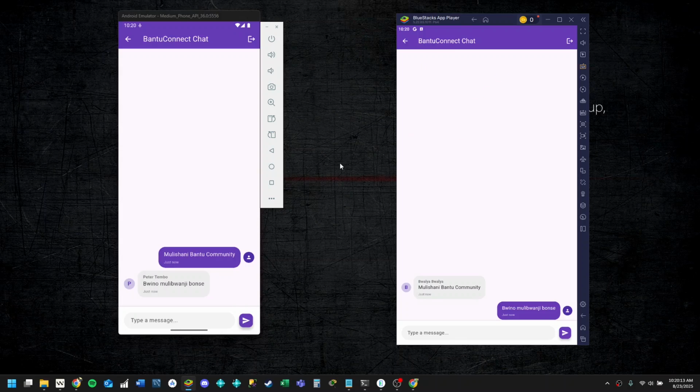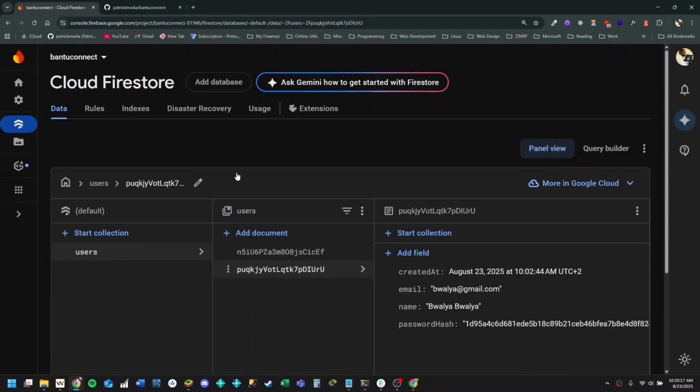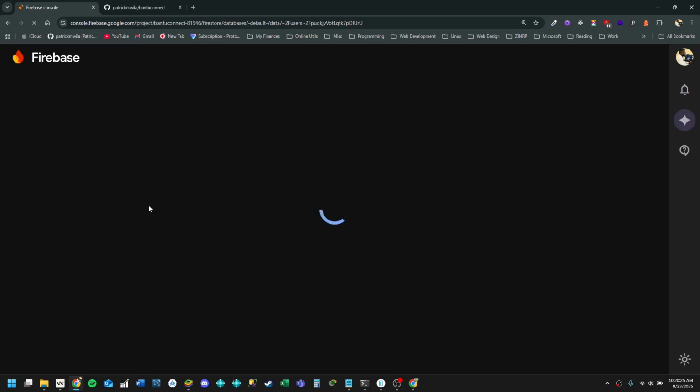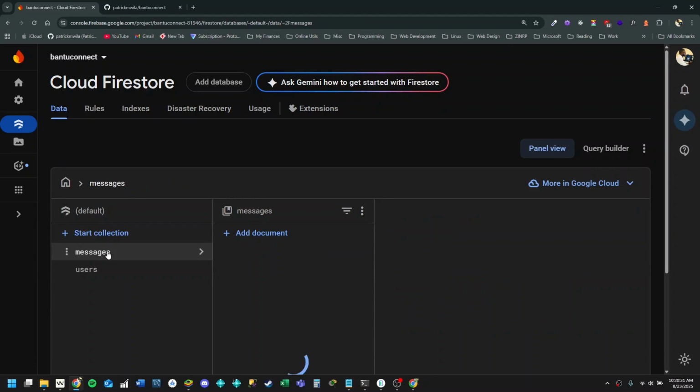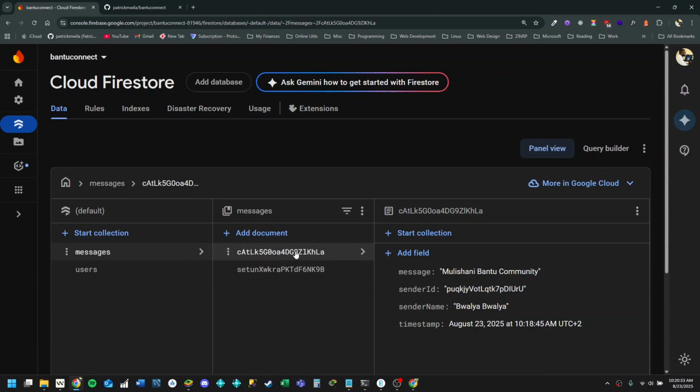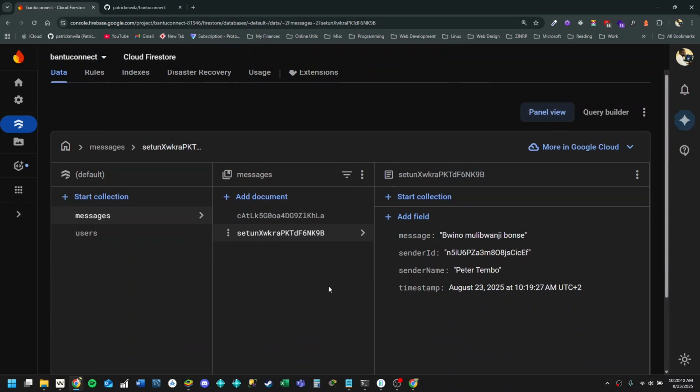To showcase that these messages are also stored in the cloud Firestore, I'll go back to Firestore and then I'll refresh this. Notice that we have the messages collection here, and it shows these two messages that have been sent from both Walia and also from Tembo. So we are able to store these messages persistently and retrieve them to show them to new users who join